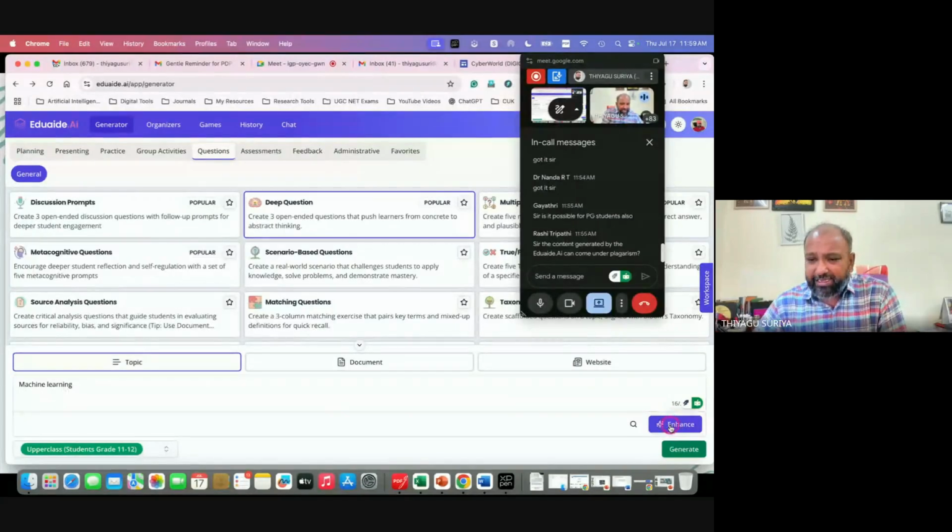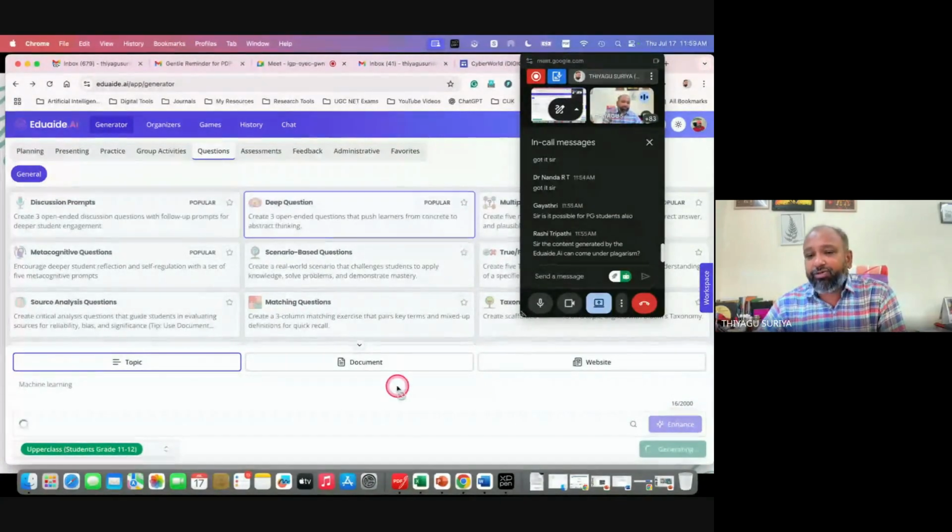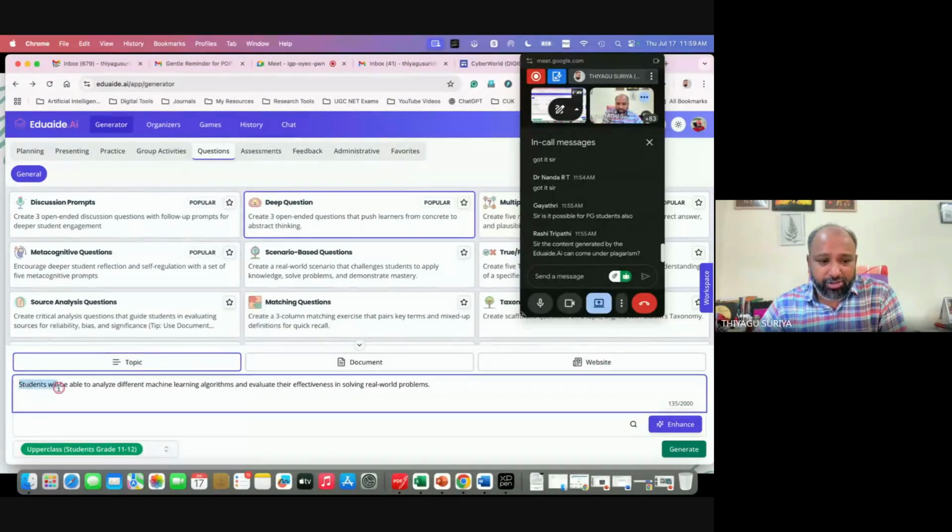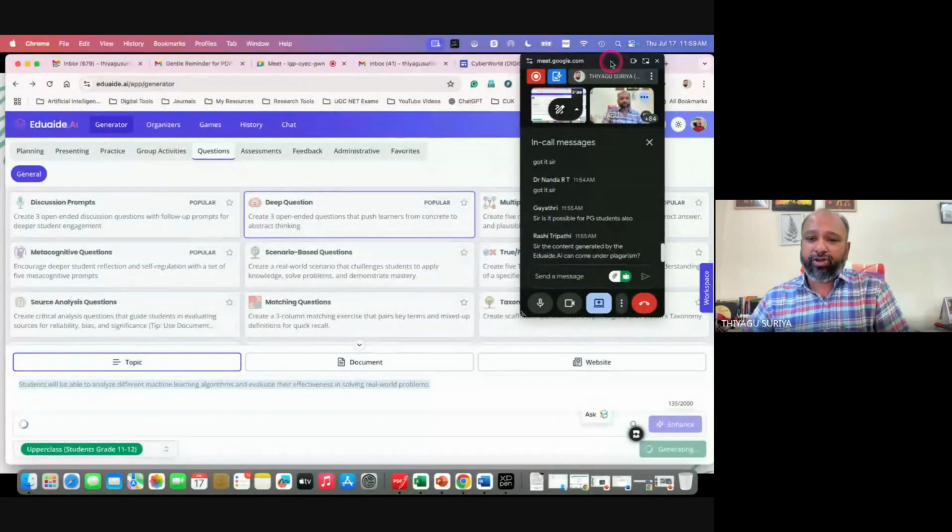If you go to the enhance, it automatically suggests some kind of questions also. See here, students will be able to analyze the different machine learning algorithm. It automatically provides some enhancement based on my prompting, based on the title. Then go to generative content. When you go to generate,